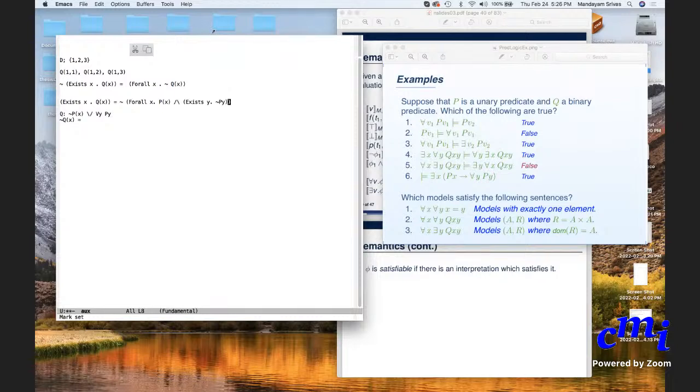So it cannot be the case that... continue, sorry. Yeah, Chandra, you continue. It cannot be the case that for all x, P of x is also true and there exists a Y such that not P of Y is also true. Yeah, but because by this equivalence, okay, so because you see for all x, P of x, okay, is, yeah, but this negation is,